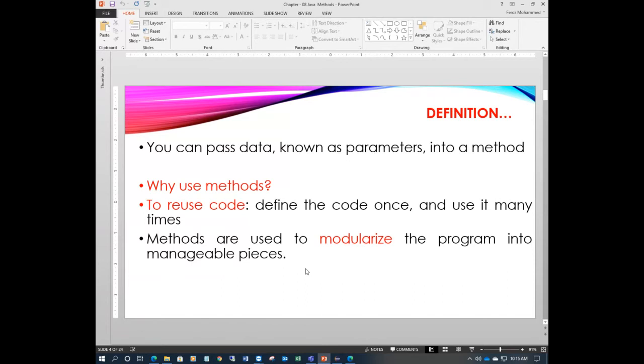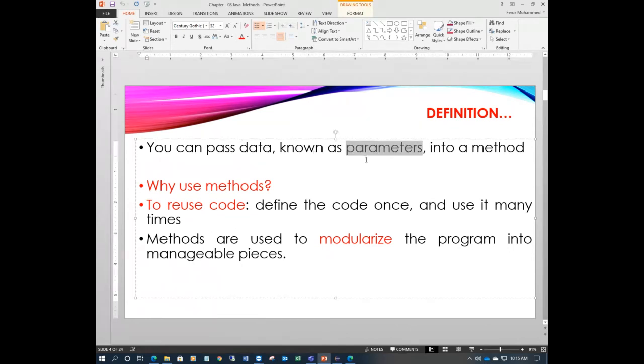Parameters are also arguments. Parameters are arguments. So what does passing mean? A method takes data or parameters as input. This is a very important point. You can pass data, known as parameters, into a method.